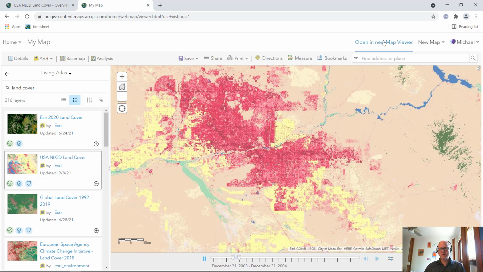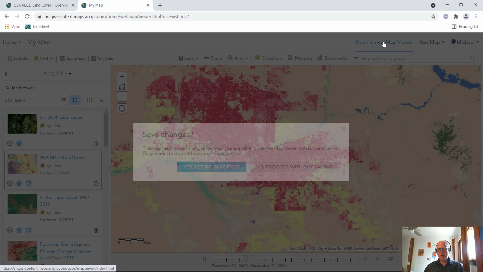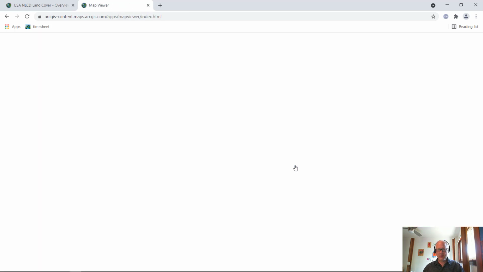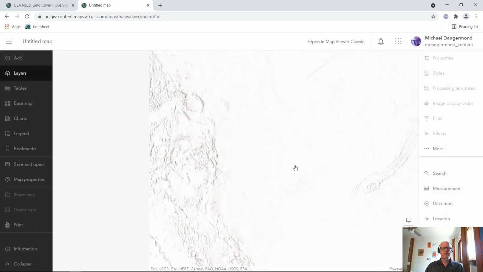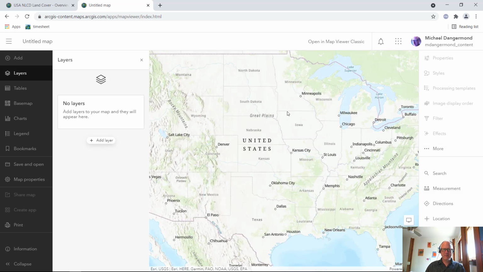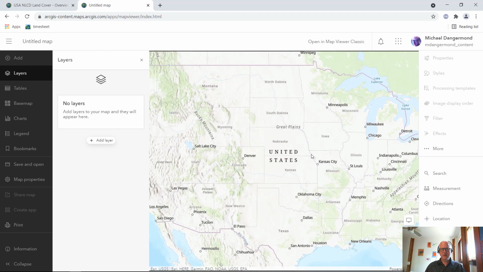Now, if you want to use it in the new map viewer, what you can do is open it from here, is one way of doing it. So let's proceed without saving, and it will open the map viewer for you, and then we'll add the layer in there. I'll show you how to do that. This is an upgrade from the prior map viewer. There's a lot of interesting ways to manipulate data sets in here